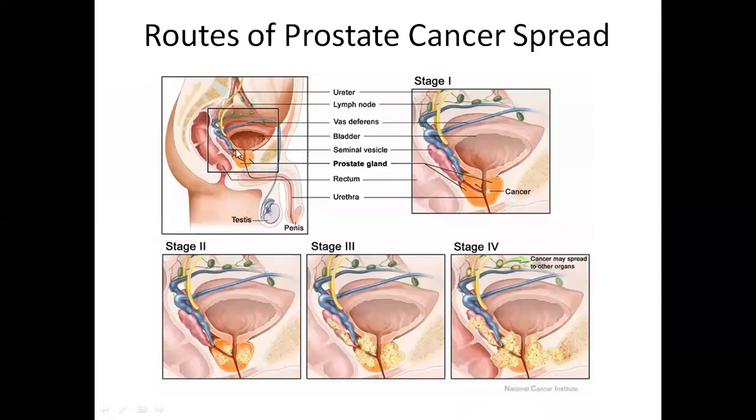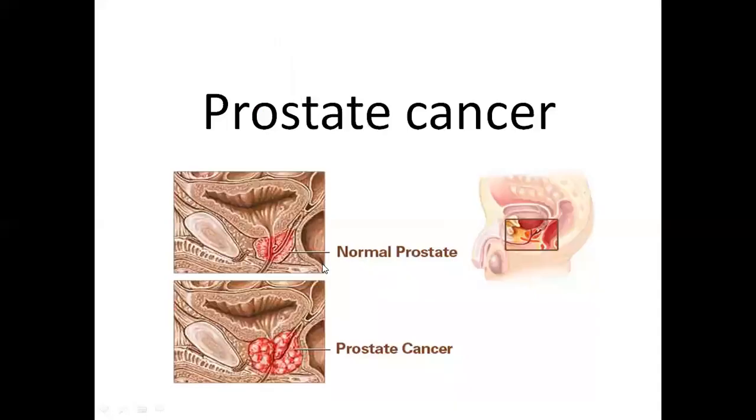Regarding the routes of prostatic cancer spread, obviously the nearby organs are basically involved in the spread of the tumor, and of course the tumor spreads through the lymphatic route. We can see how the cancer is spreading in stage 1. It is confined to the prostate and just spreading up to the neck of the urinary bladder. As we proceed, we will see it is going up to the seminal vesicles, isn't it? It's becoming bigger in size, it's going up to the pubic symphysis. So this is the normal prostate, and the enlarged prostate we see in case of prostatic cancer.